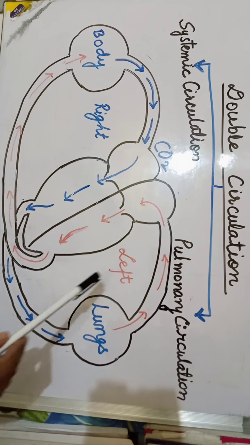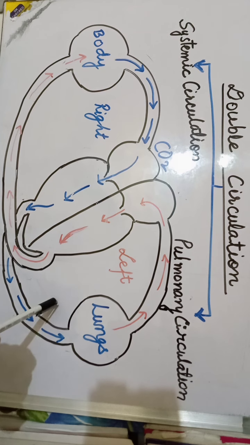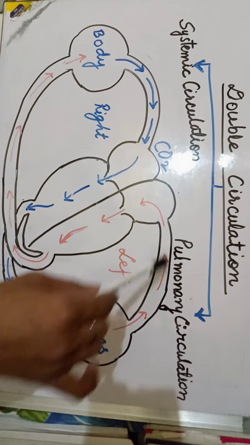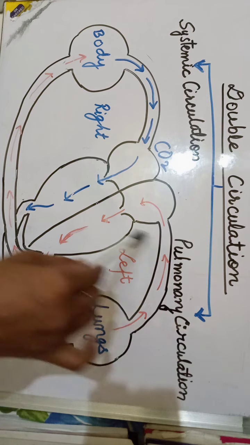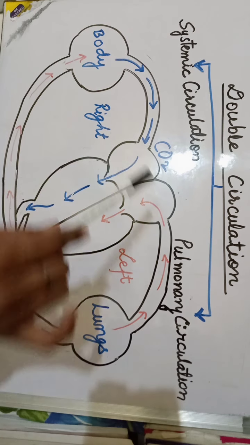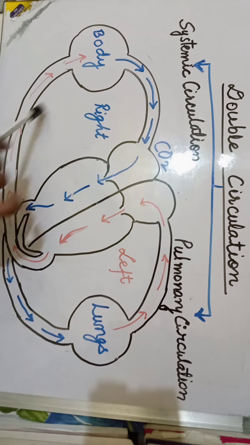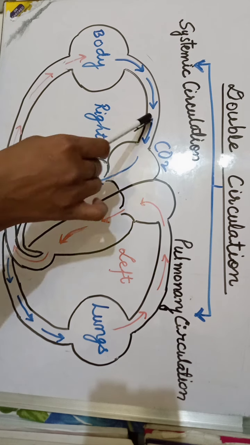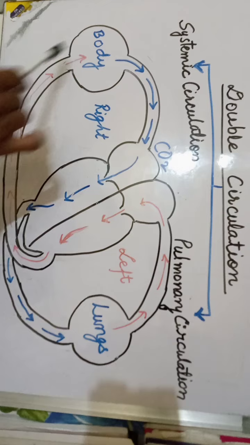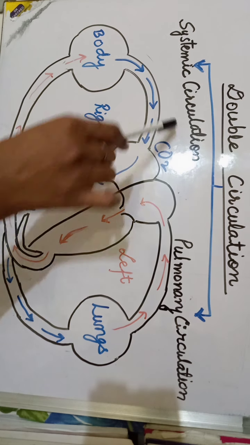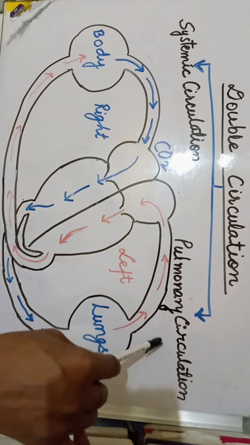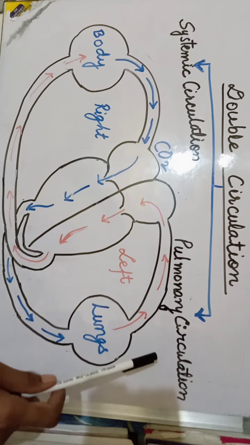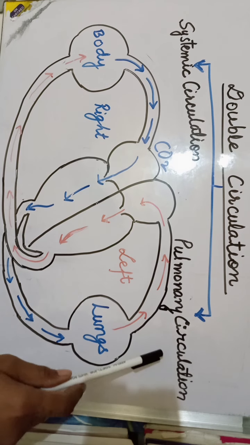So this is how, between the heart and lungs, by two major blood vessels, the pulmonary circulation is going on, and simultaneously in the body, between the heart and body parts, with the help of two major blood vessels, the systemic circulation is going on. What is the major difference between these two circulations? The systemic circulation is a longer pathway, the longer circulation, or the bigger cycle, and the pulmonary circulation is